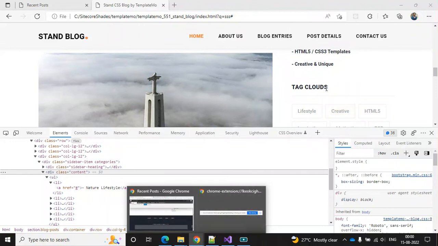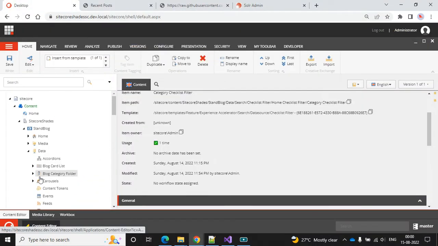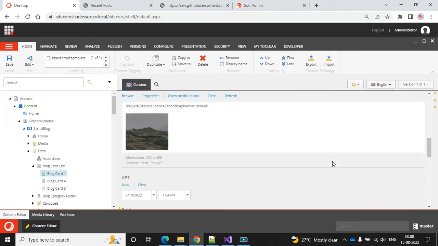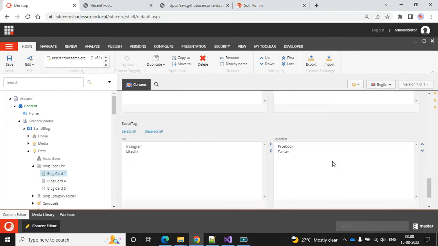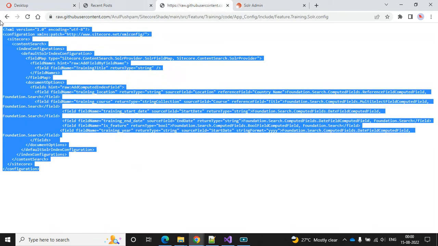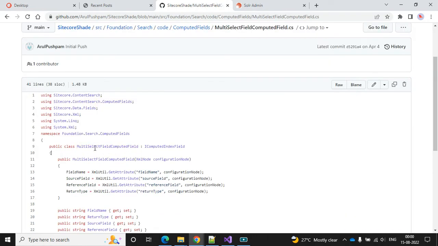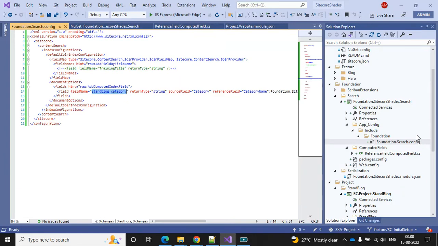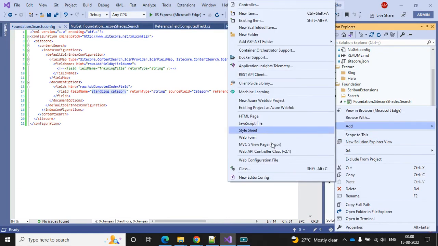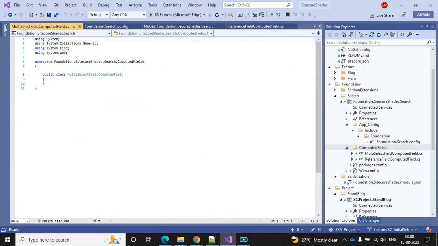The tag is also the same, but the tag is a multi-list field. So definitely we have to create one more index field for that. If you see the tags here, we can see the multi-list. So we can take a sample code from my repository. So copy this, and let's create one more class, add, and then class, and then add,